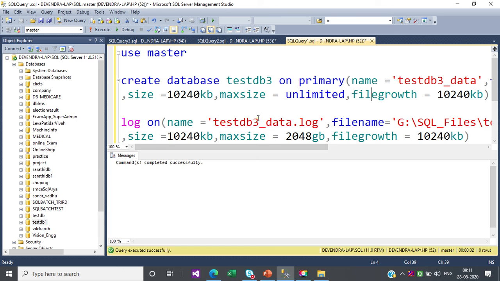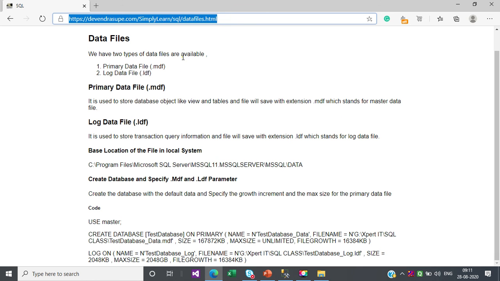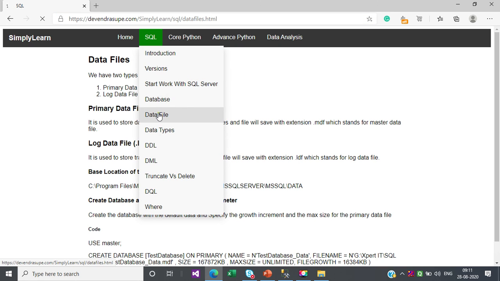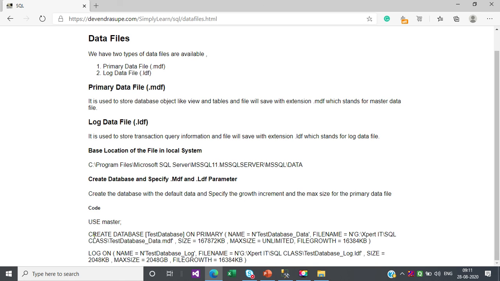You can see all the notes for this session in my link here. In SQL you need to choose the data files option, and there you will see all the notes regarding the session along with the code as well, right? So you can practice at your end, and let's check whether you are getting the proper output or not.